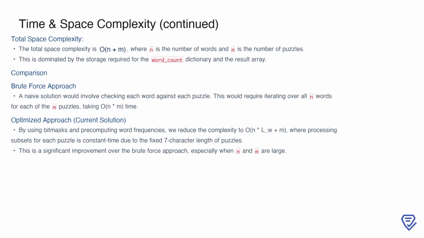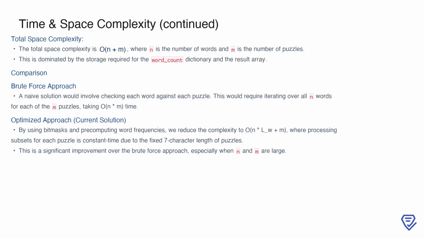To compare with a brute force solution, a naive approach would involve checking all n words against each of the M puzzles. This would result in a time complexity of O(n*M), which becomes infeasible for large inputs. The optimized approach, on the other hand, leverages bitmasks and pre-computes word frequencies, reducing the time complexity to O(n*L_W + M). By limiting the subset generation to a fixed 128 operations per puzzle, the current solution achieves a significant improvement. This optimization is particularly impactful when the number of words in puzzles is large, making the algorithm scalable